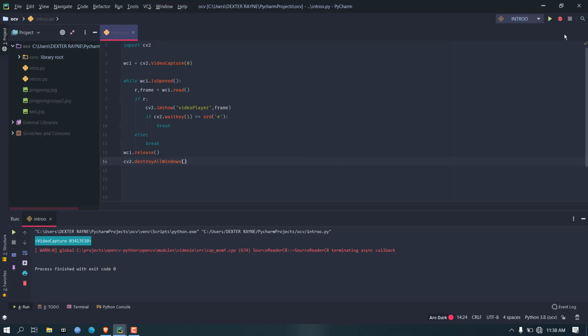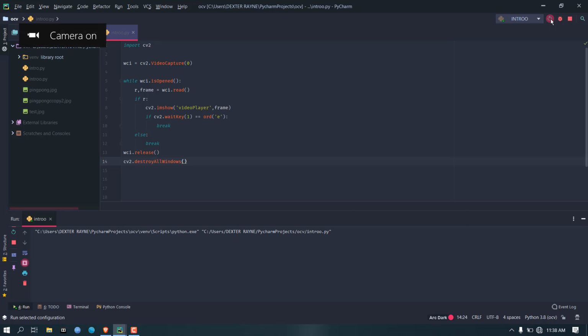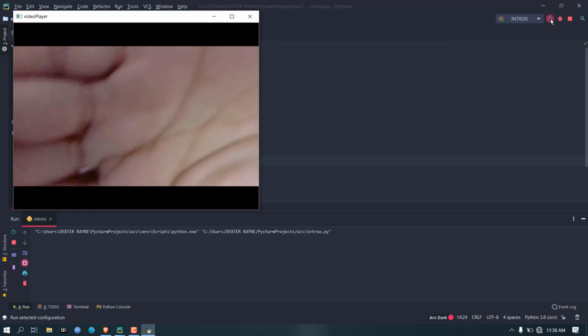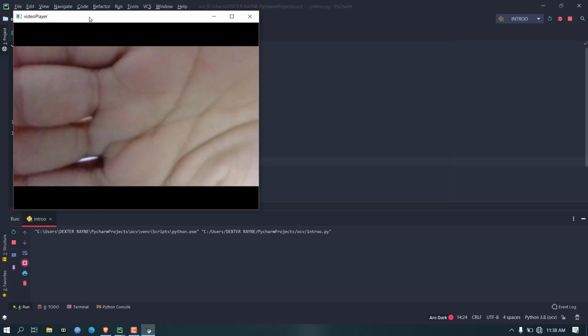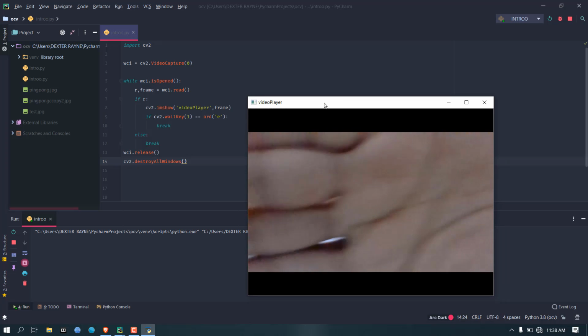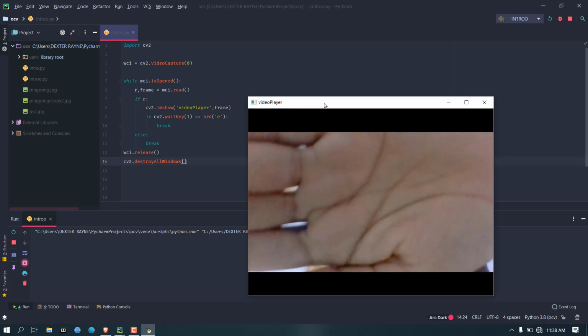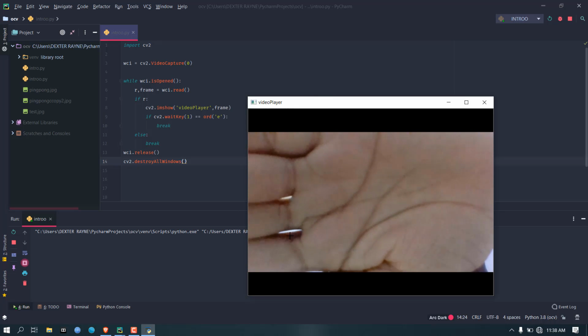Now we are going to run this code. You will most probably see my hand. Yes, you can see my hand there, and you are getting the video output in this window.